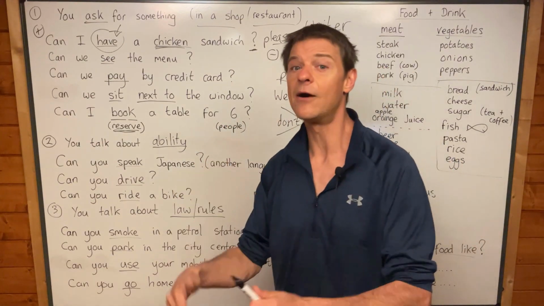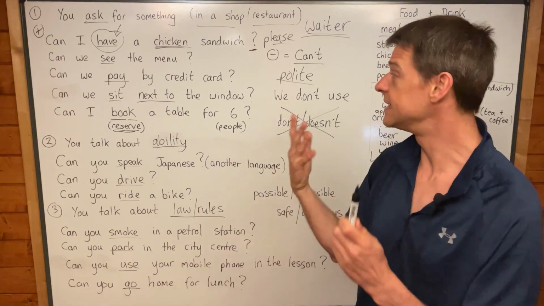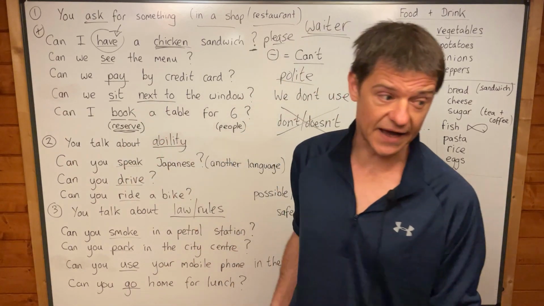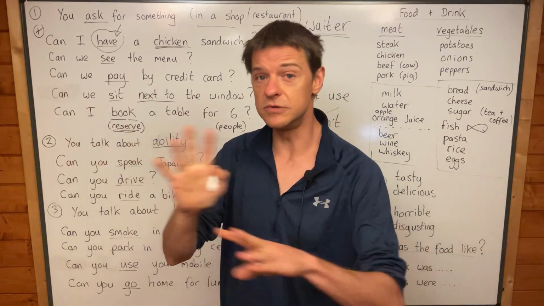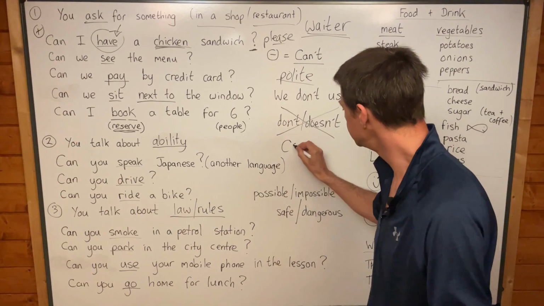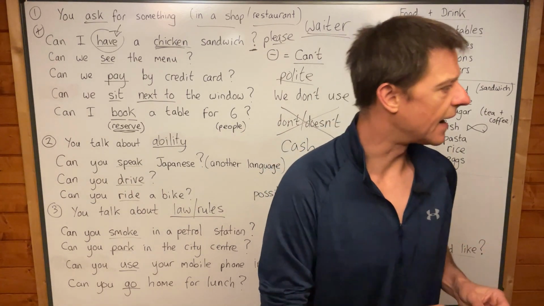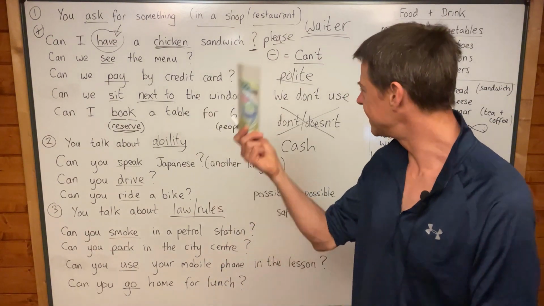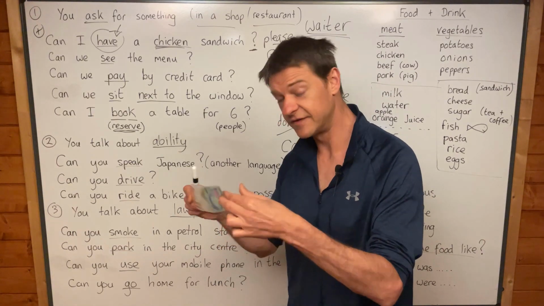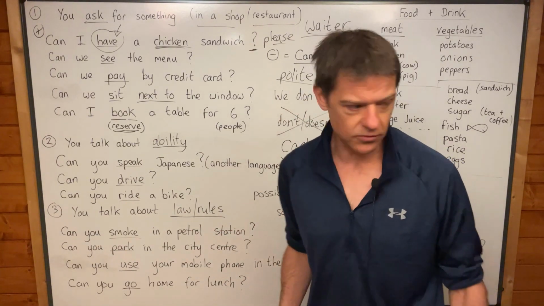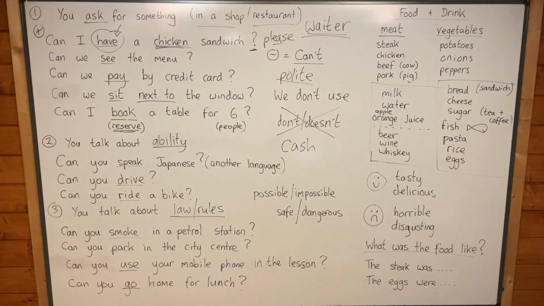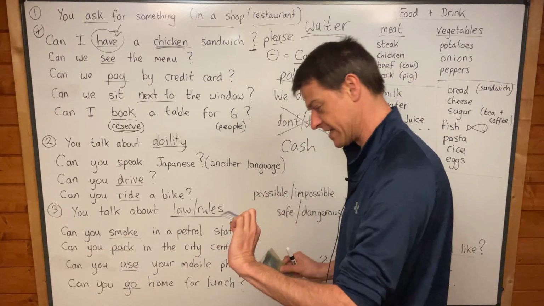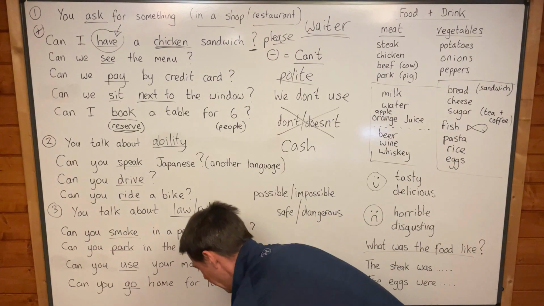Okay? Now, after you eat in the restaurant, maybe you have a credit card, but you don't have cash. There's my cash. There's my 100 rubles. Yeah, cash. Maybe you don't have cash. Maybe you only have a credit card. Yeah, a credit card. Like that. Yeah, maybe you only have a credit card. And you are